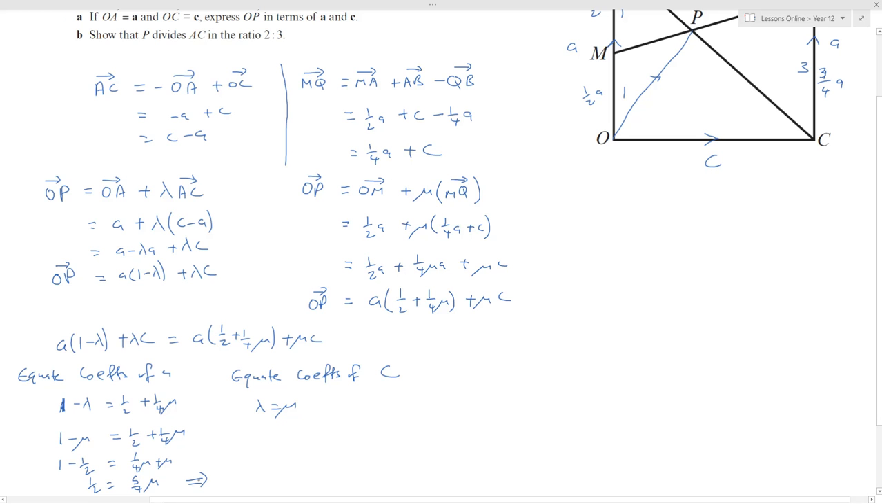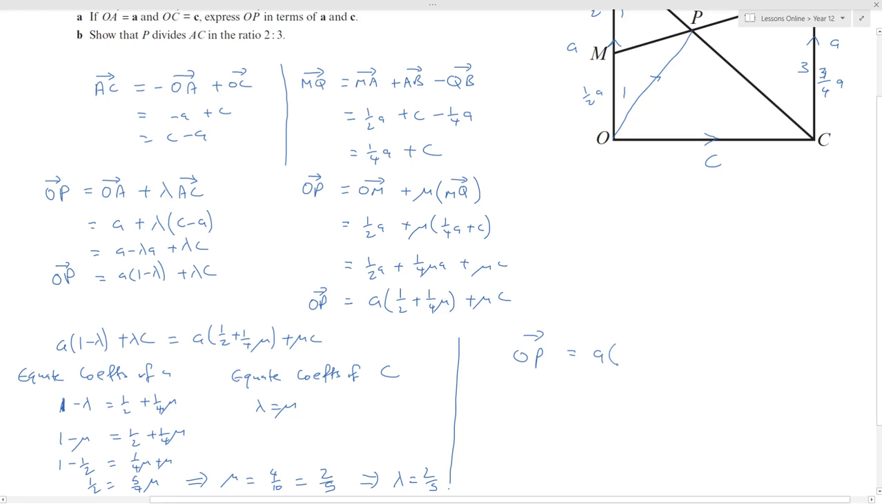That implies then that mu is equal to 4 over 10 or 2 over 5. So mu equals 2/5, that implies that lambda equals 2/5. So if we sub it, let's see which one looks like the easier equation for OP. I'd say this one here. So if we sub it in that equation, we've got OP, doesn't matter which one because OP is OP,